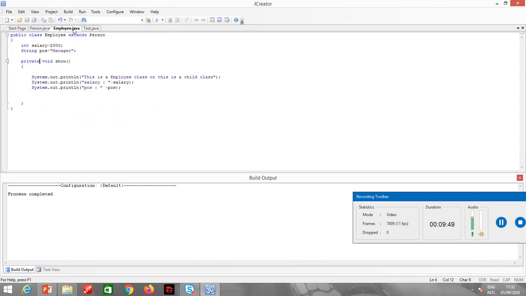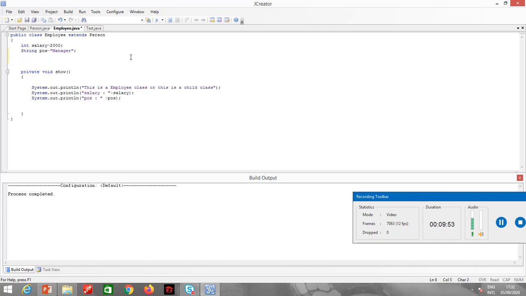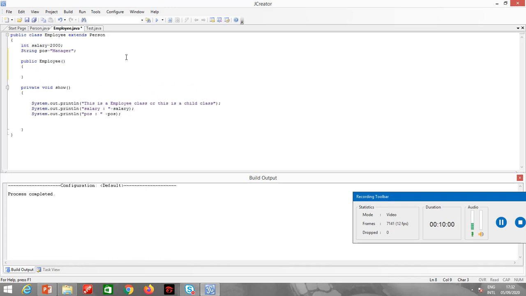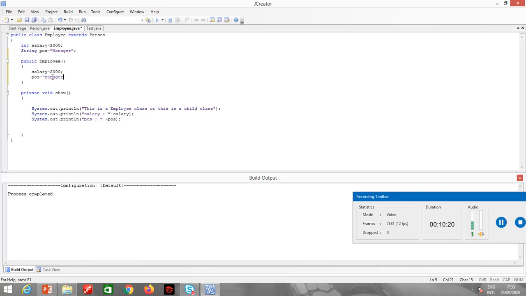Okay, now in the employee class, I will make the employee class constructor also public. Alright, so salary is equal to 2000, position is equal to manager.